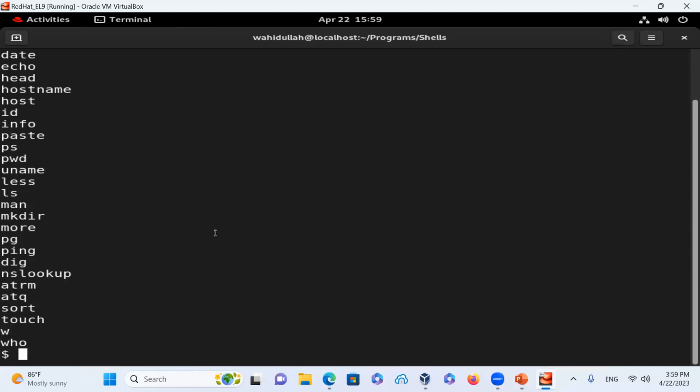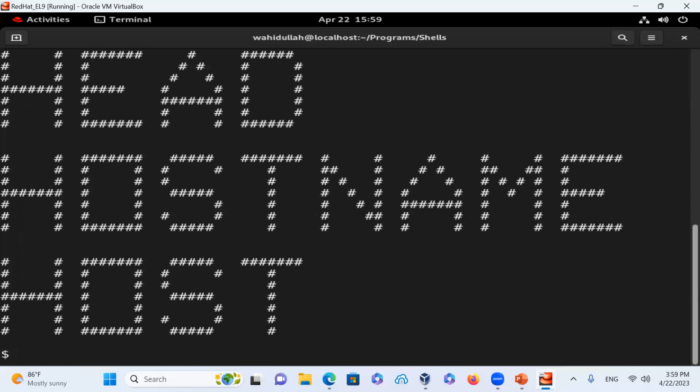But let's just say something like this: banner f1.txt, f1.txt, and then head -9, tail -3. So I'm going to cover the next 3 commands of that one, which is head and hostname,